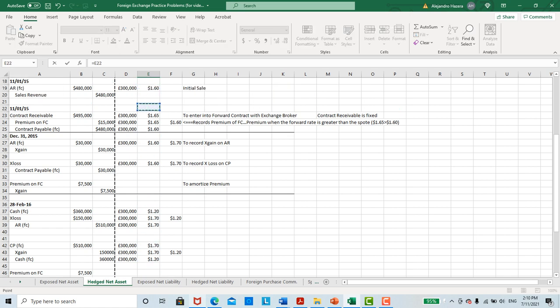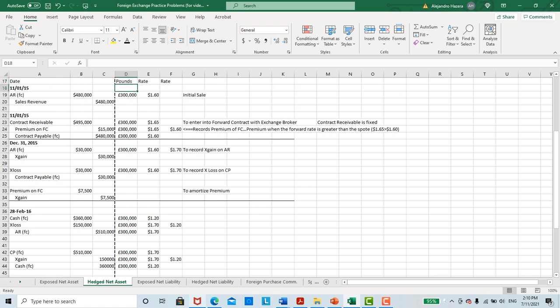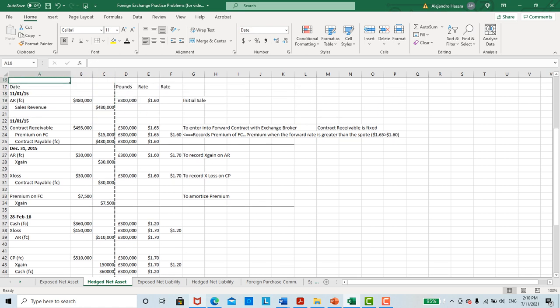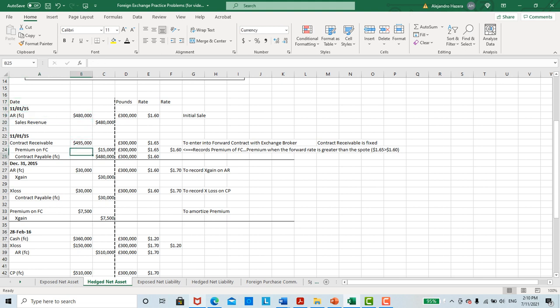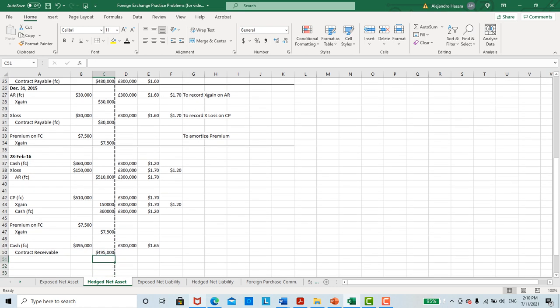But the major effect here was that you were able to sleep at night, because unlike in the last example, you had a gain here, which was offset by that loss. You say, well, we had a loss. We made 0 on that, which is true. However, you were also able to offset that rather large $150,000 loss with that gain. So on the whole, all losses and gains were offset with each other except the premium on the forward contract, which you recognized $7,500